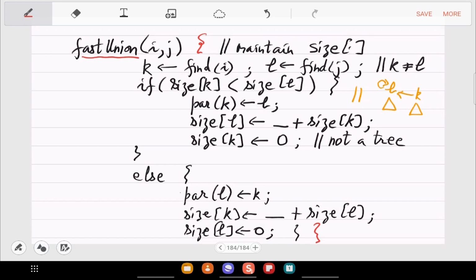Is this clear? Yeah, so simple enough. Now the analysis part, I think our time is up. You have to analyze why this is actually fast. What is the improvement over the previous union code? So this we'll do next time.